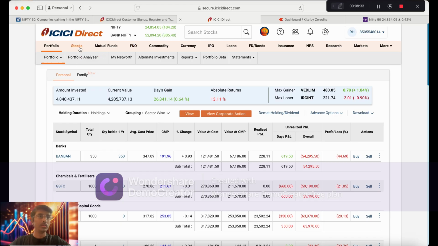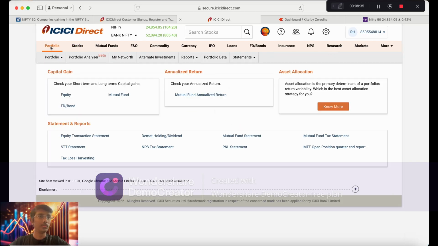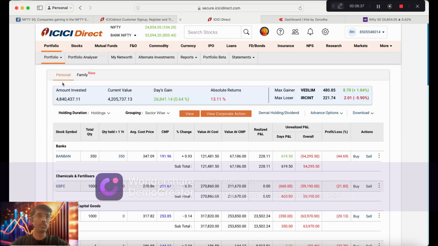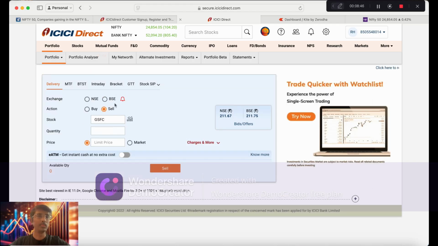Okay. So the same thing, how to sell, is very easy. You go to portfolio and the stocks. You have the sell option. Just click sell, and it will come here. Choose the NSE option. If you selected NSE when you bought, just choose NSE. If you bought on BSE, you have to choose BSE. Since we are assuming we have taken SBI, take SBI,